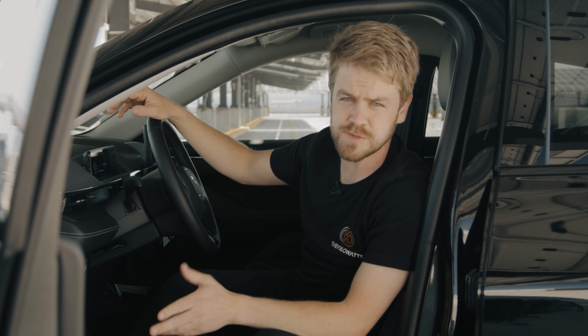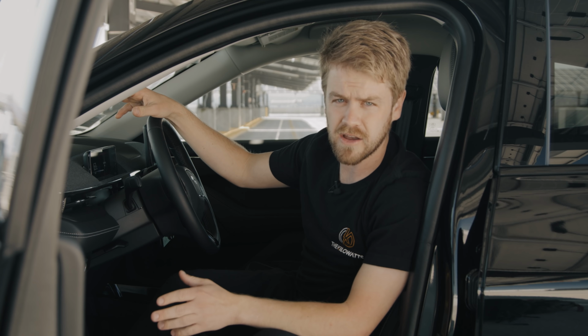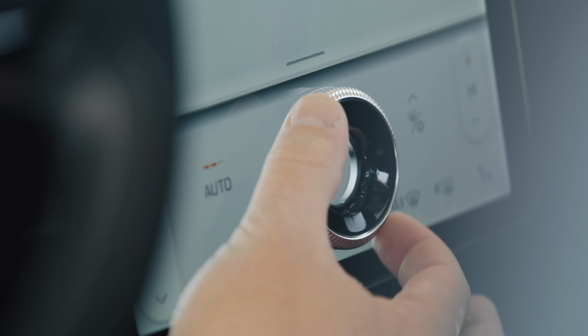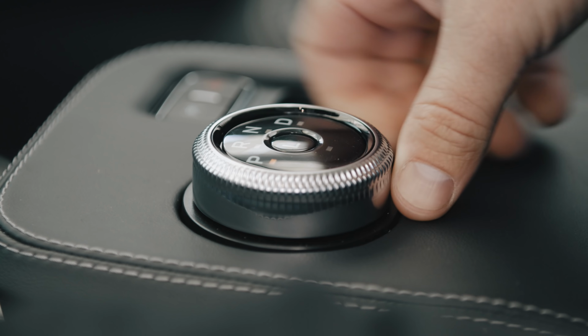Ford nailed the interior of this car with soft touch materials pretty much everywhere, and it's a very quiet car. One exception to that though is the volume knob and the gear shifter, which are kind of just a cheap plastic, and I find that a little bit disappointing given